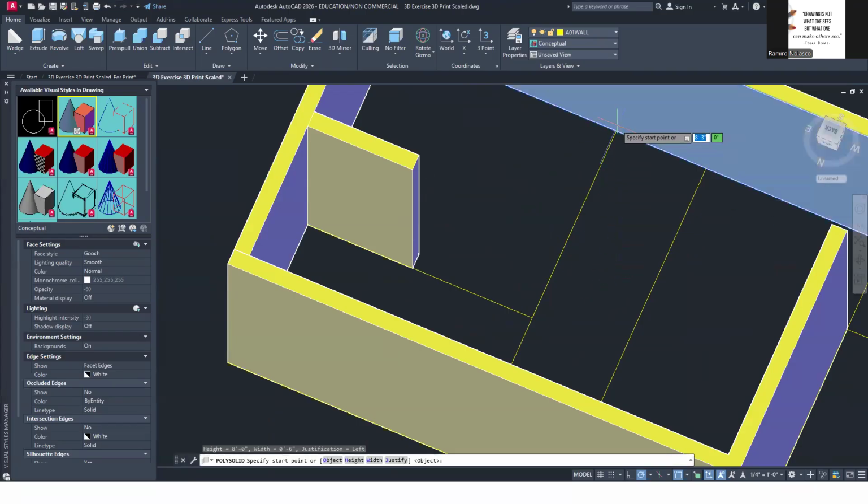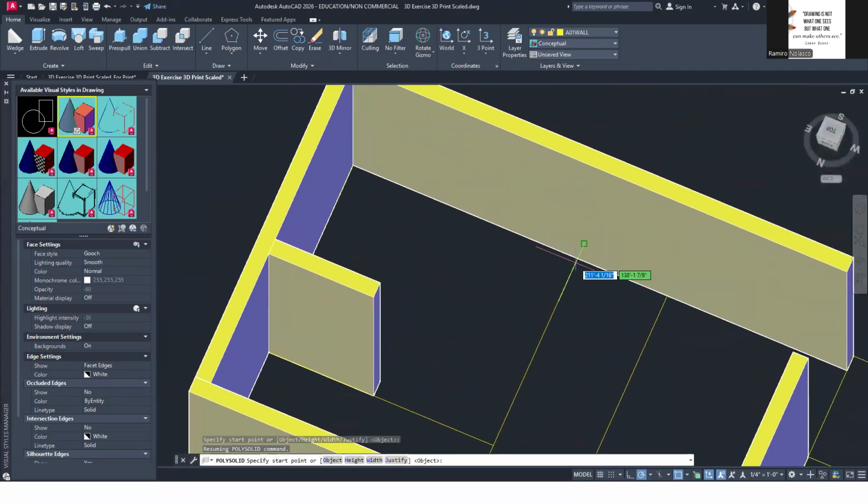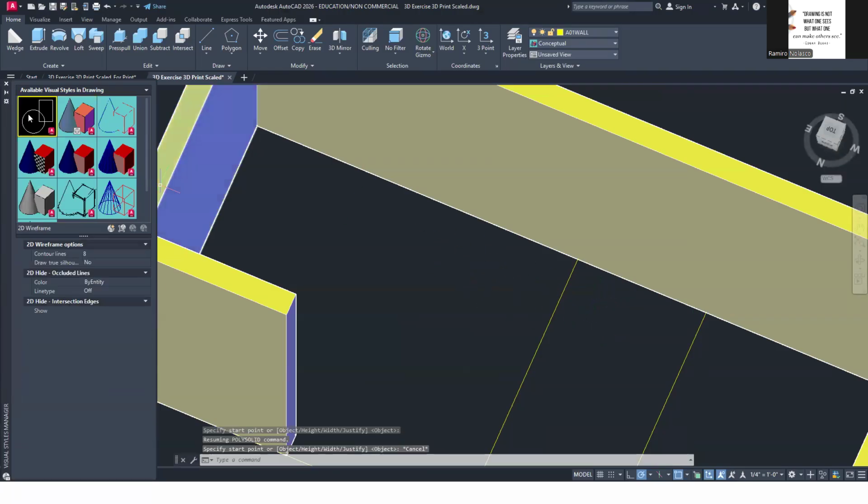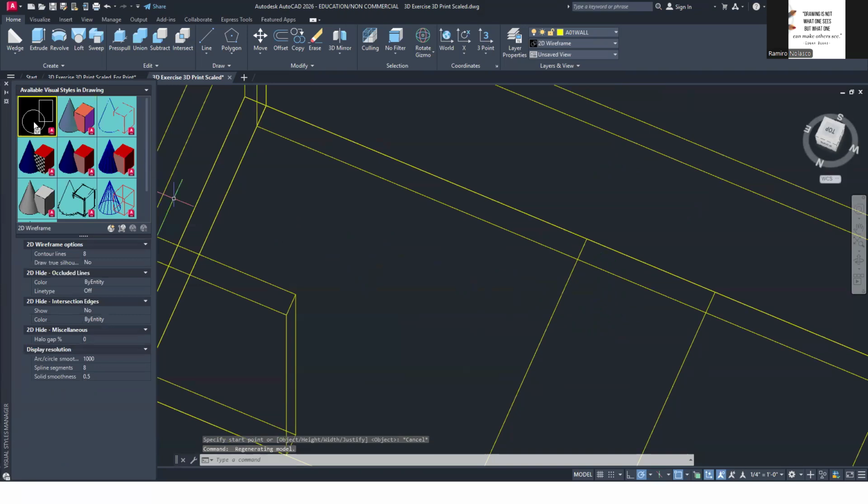So polysolid right here. But then, see, it doesn't get my intersection. So sometimes solid and line doesn't really create an intersection. So I'll go to wireframe visual style. I might need to create a line right there, somewhere there.